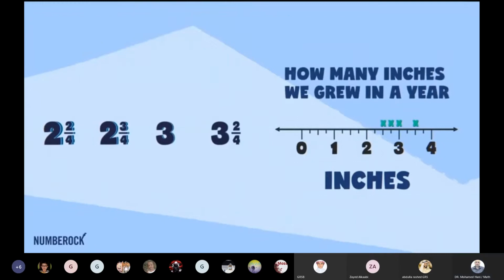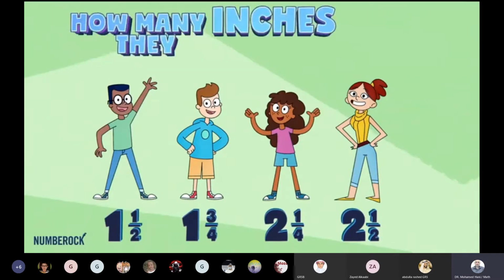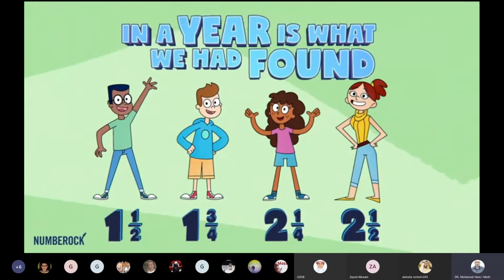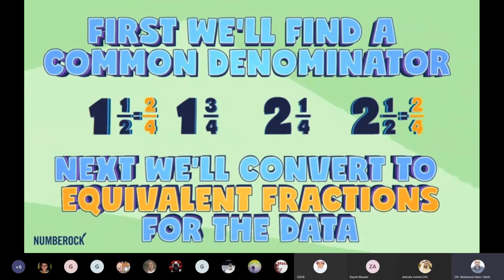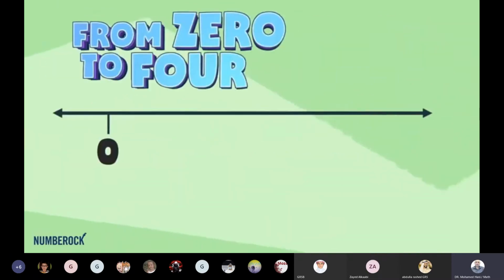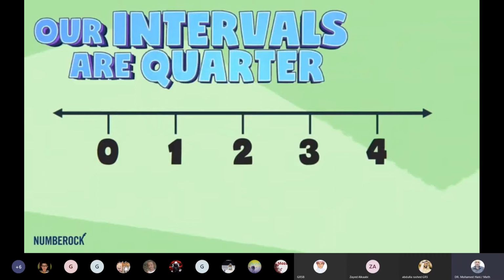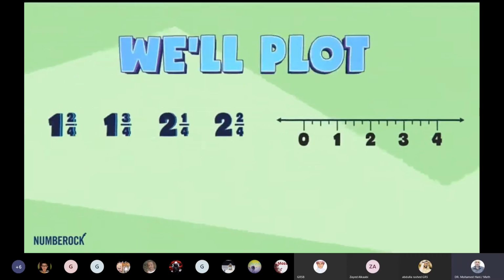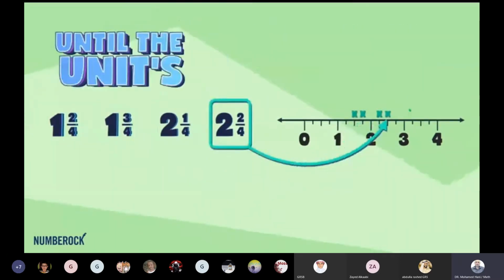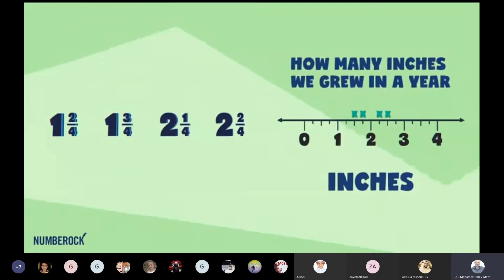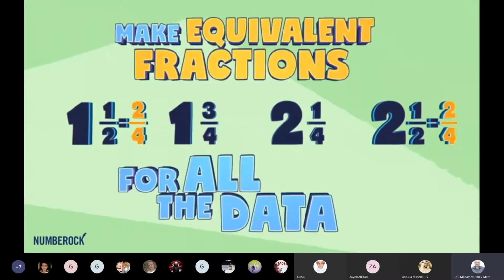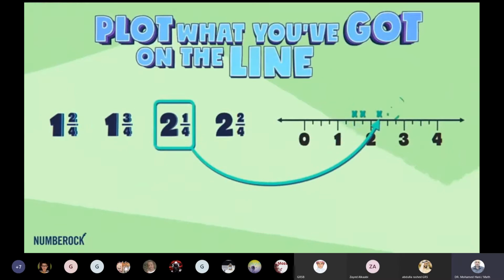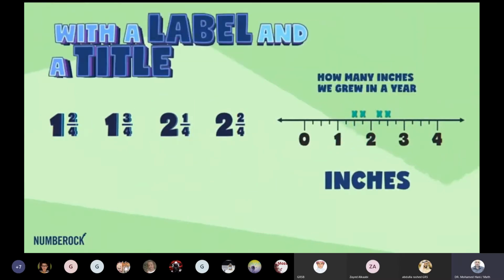at the top. Now we're writing the 5th graders' growth data down. How many inches they grew in a year is what we had found. First we'll find a common denominator. Next we'll convert to equivalent fractions for the data. From 0 to 4 inches, we'll draw the line plot. Our intervals are quarter inches each, is given a spot. We'll plot each data point and we won't stop until the unit's on the bottom and the title's on the top. First find a common denominator, make equivalent fractions for all the data. Plot what you got on the line plot with the label and the title